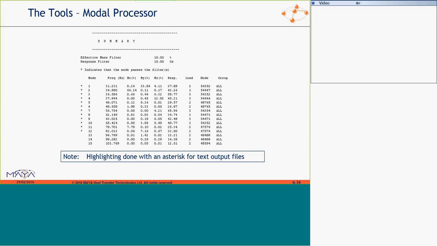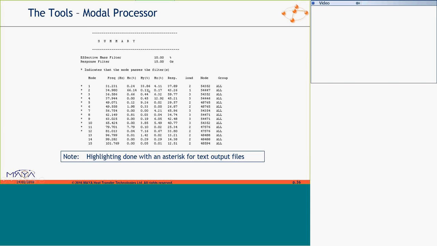Then you get the effective mass result. Sorry, then you have by mode, frequency. The mass is here in fractions, and the responses: the maximum response, which load the maximum response, which node it occurred at, which group, and then these stars here, essentially the asterisks, show which are the important modes.